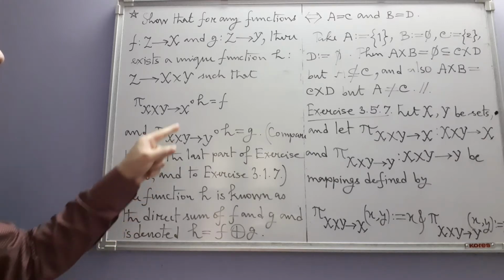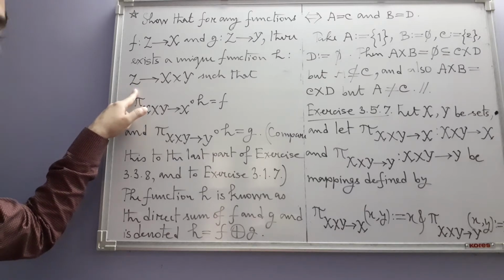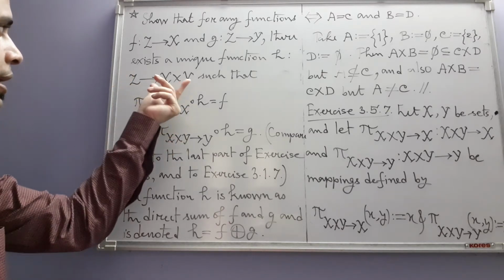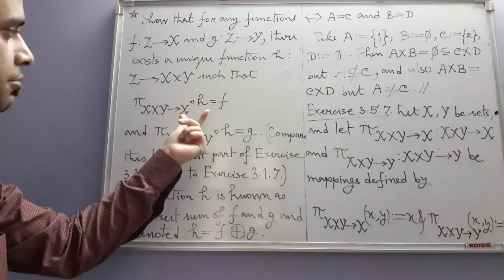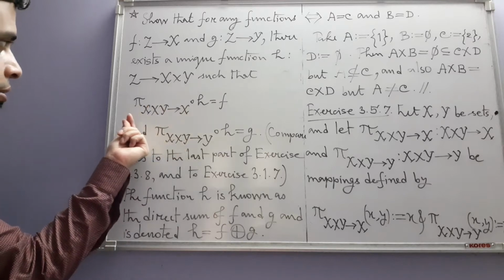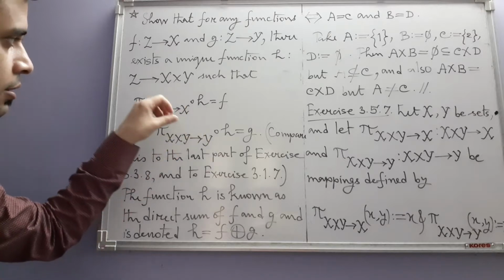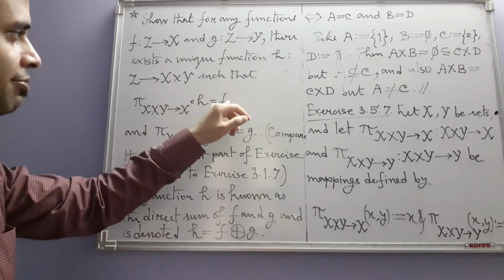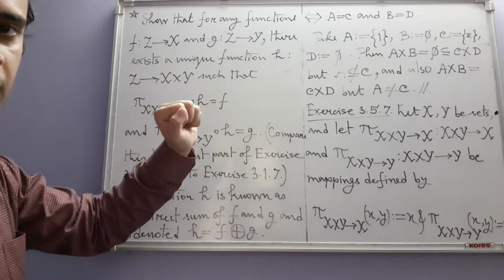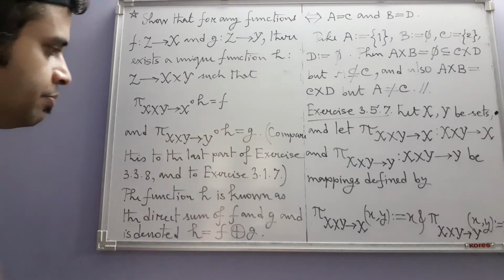are true. That is, if you first of all apply h on some element in Z, which will give us an ordered pair, because h is a map that maps Z into X cross Y, so we will have an ordered pair. Then you collect the first coordinate of that ordered pair. That will be the same thing if you apply f to that same element in Z, and a similar thing with g. So let us see the solution.